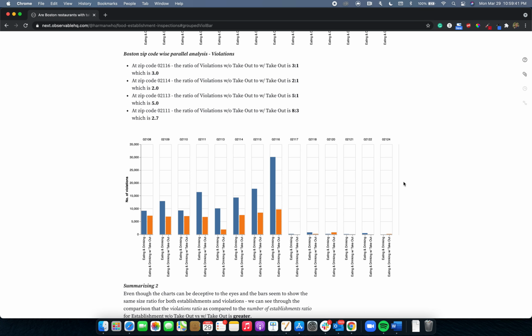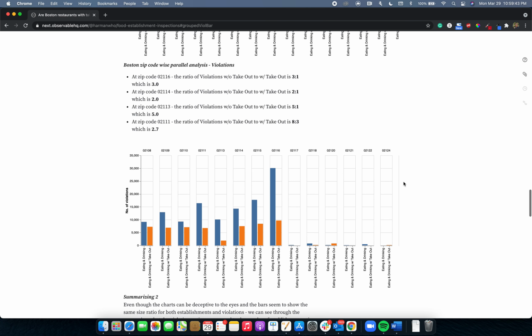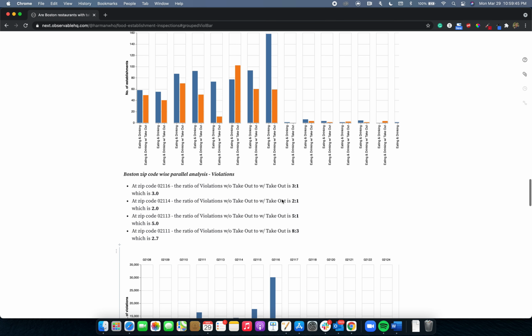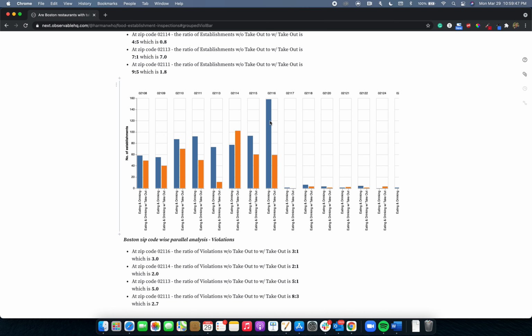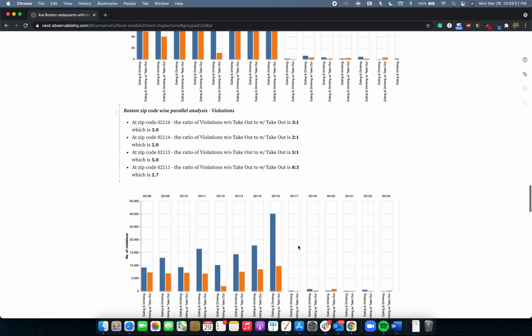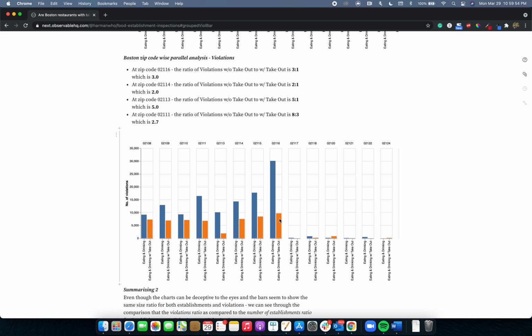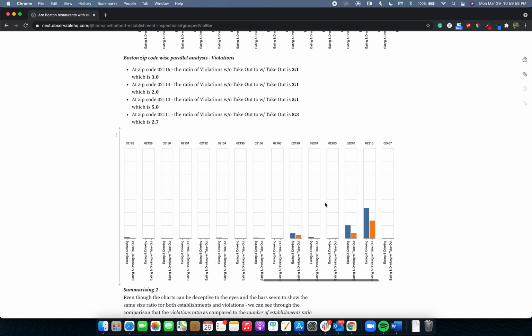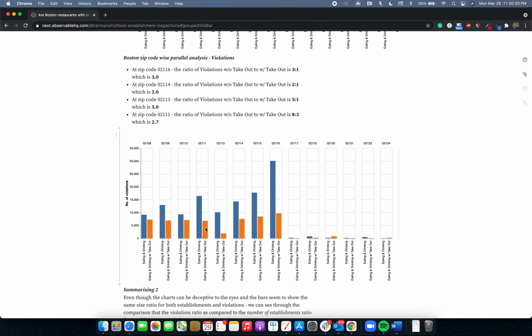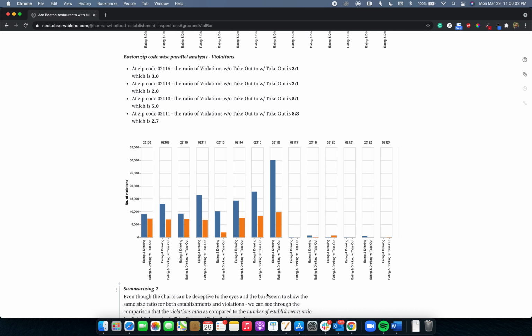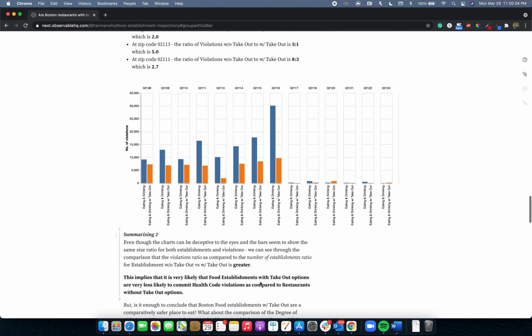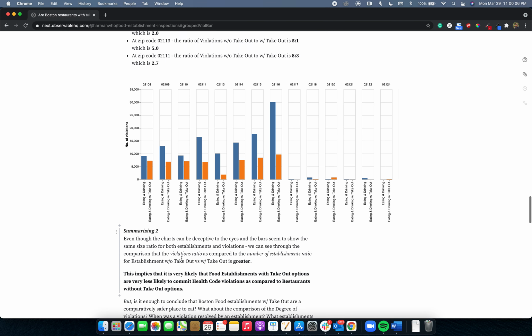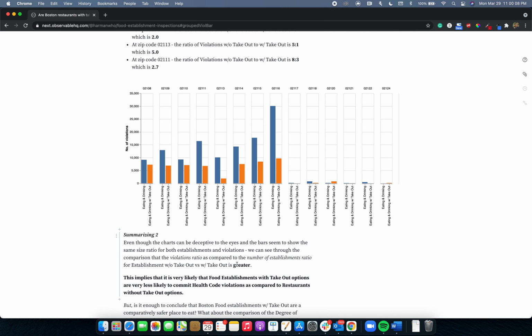So what do we get out of this? This is number of restaurants for each category and the ratios for each zip code, and this is number of violations by those restaurants for each category, which is eating and drinking versus eating and drinking with takeout. From this, what we can see is the violations ratio as compared to the number of establishments ratio